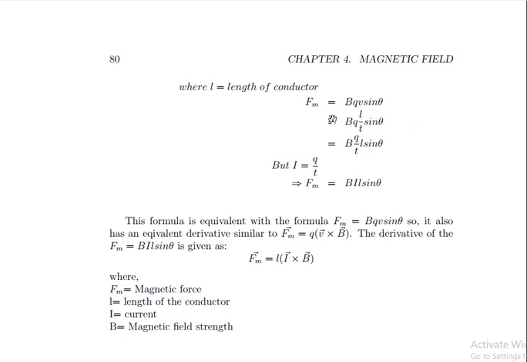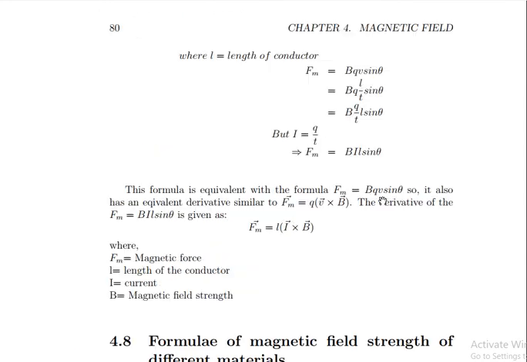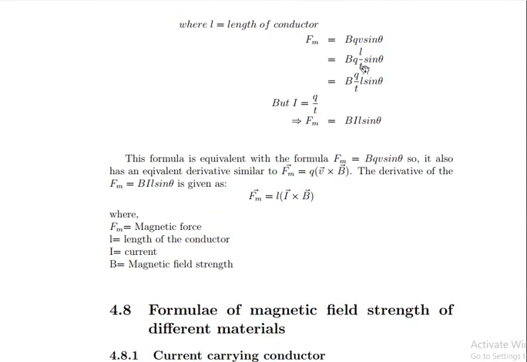So now this is equal to, we know that V is defined as L over time, so the distance divided by time. In this case, this L here is the length of the conductor, which is the distance, and you have the time too. So now, when you put this and this as equal, this is equal to BQ over T, L sine theta. But we know that Q over T is equal to I, so it implies that